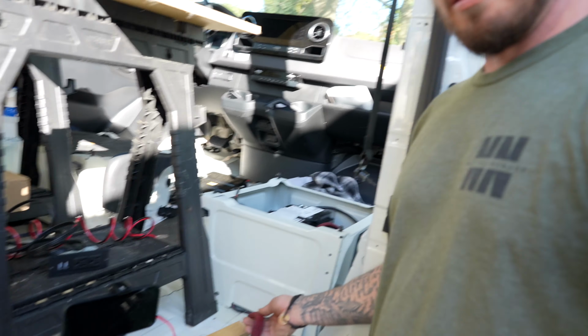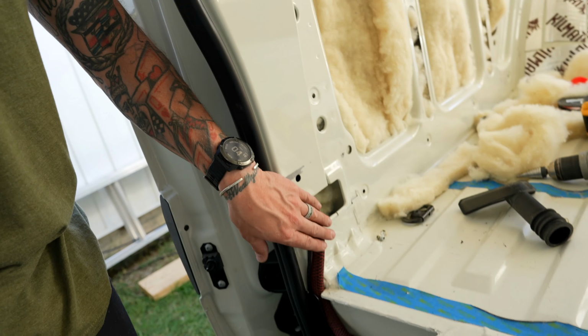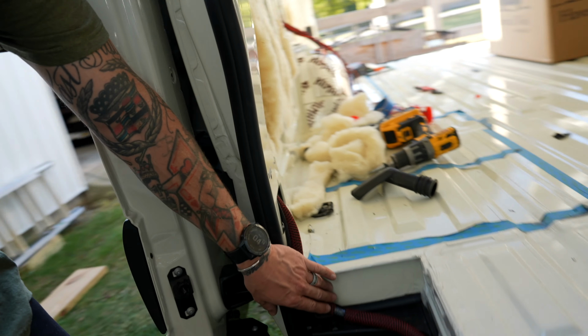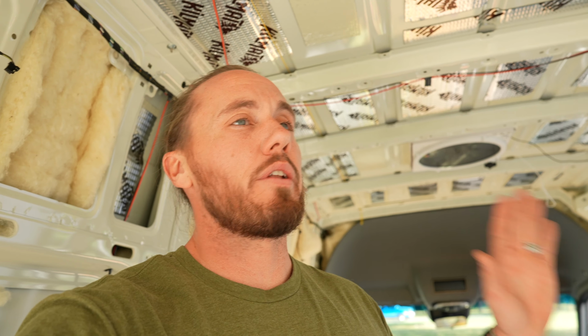But we had to run this big, thick 4-gauge wire, and right now I just have it in this wire loom to protect it, but I'm not exactly sure how I'm going to hide it yet. So if anybody has any advice on how to hide this, I kind of have it brought up through here. This is the door. Brought up through here, and then really just ran along here for right now. I will be covering it. I will find a way to hide it and make it look really pretty and clean, but right now I just needed to get that done so I can start working on getting these wall panels installed,